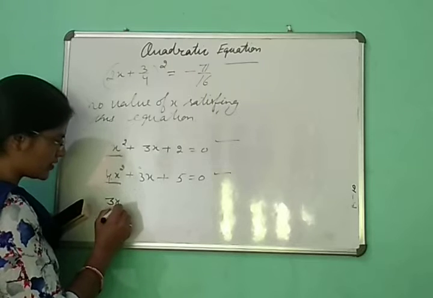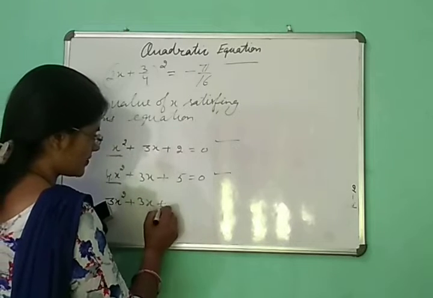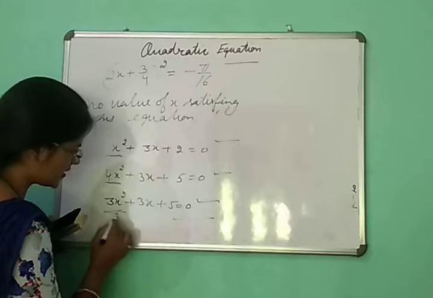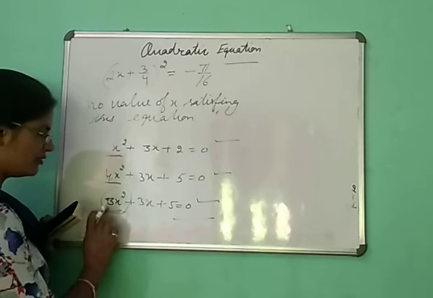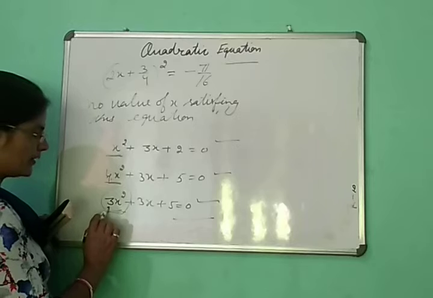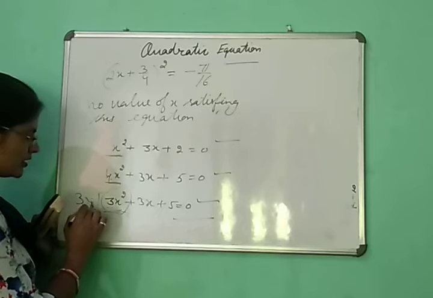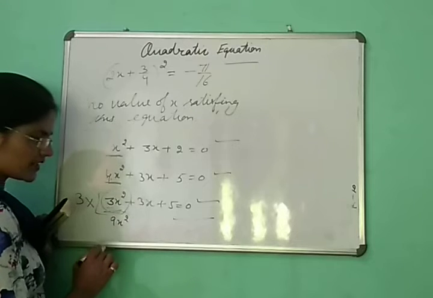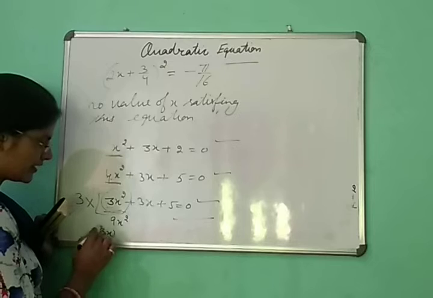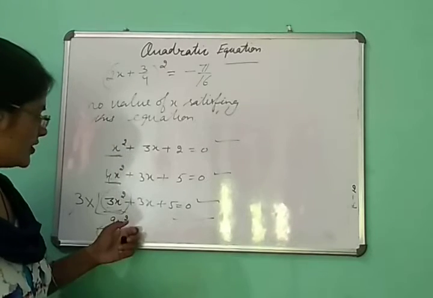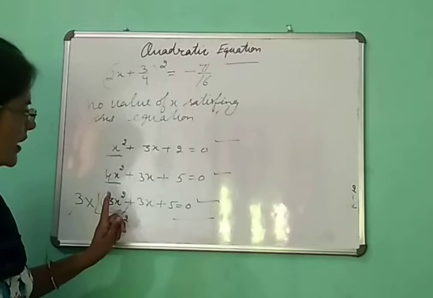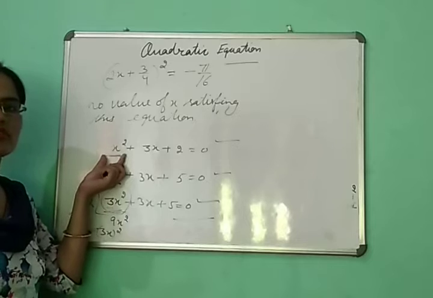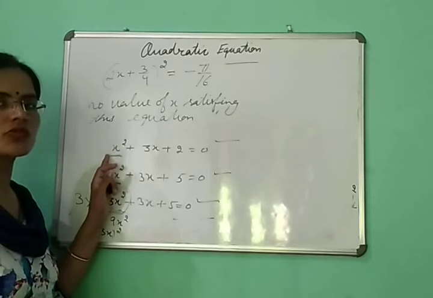If we have a term like this, 3x square plus 3x plus 5 is equal to 0, remember this point that we have to make this term a complete square. So how will we make this term a complete square? When we multiply this whole term with 3, this term will become 3 3s are 9x whole square. So we simply can write here 3x whole square. This point is important in this method, that we have to make the first term of our quadratic equation a whole square.